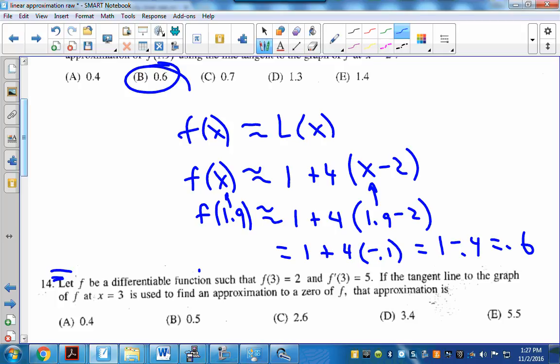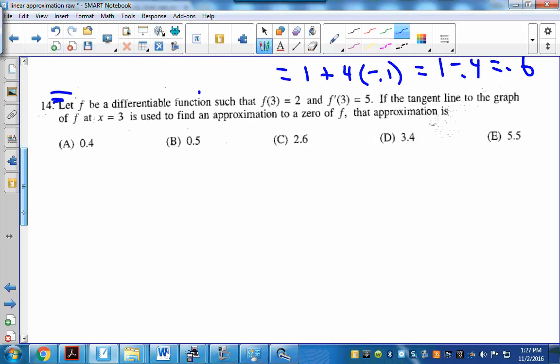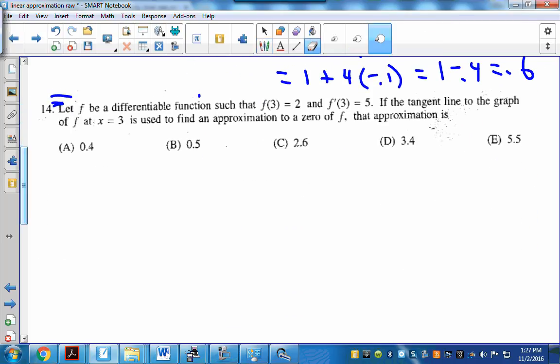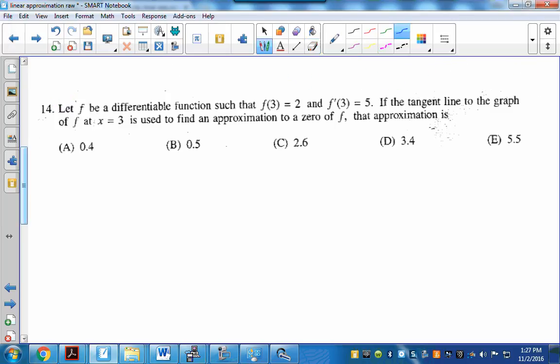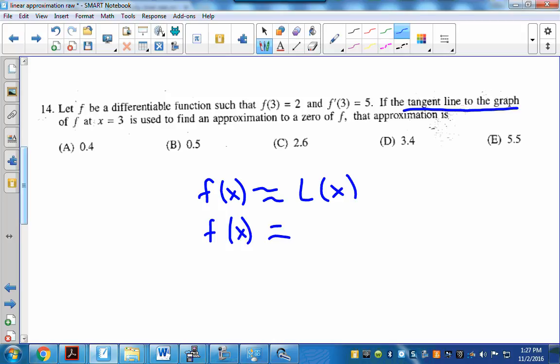Try this one. F is a differentiable function. F of 3 is 2. F prime of 3 is 5. Write the tangent line to the graph. I mean, again, you're going to start off, f of x is about the same as L. Go ahead and write down what L is. I give you the point, I give you the slope. Once you have that, try to find an approximation for the zero